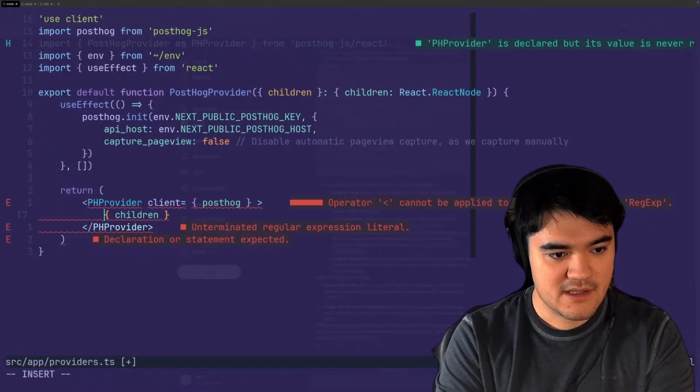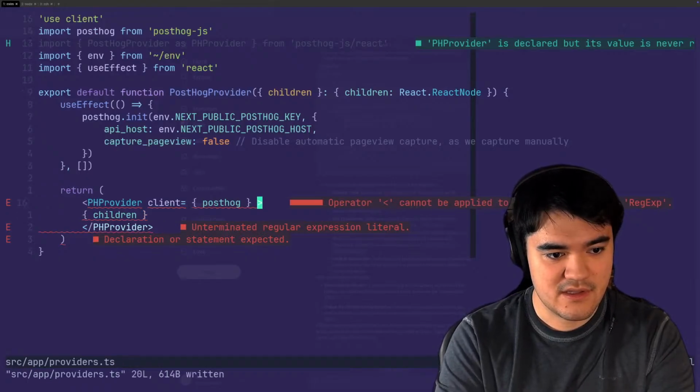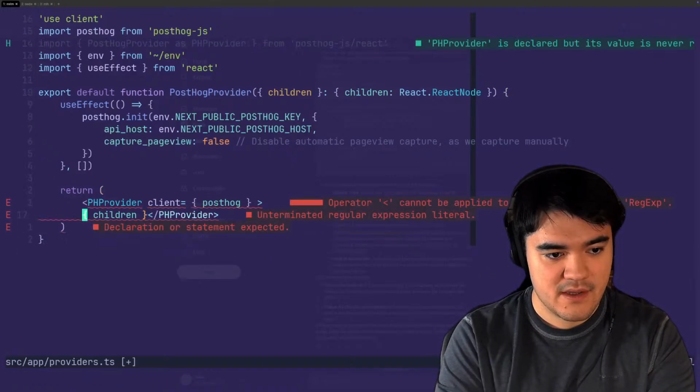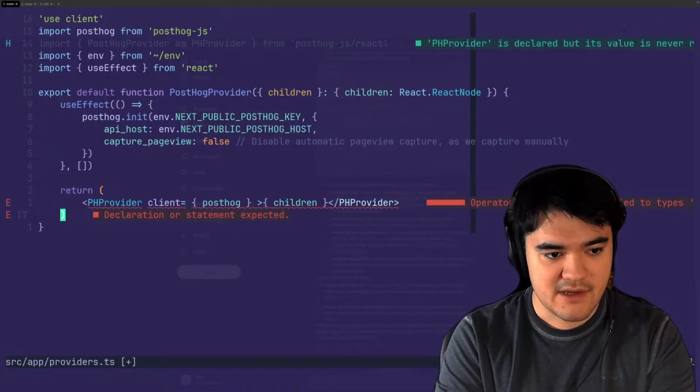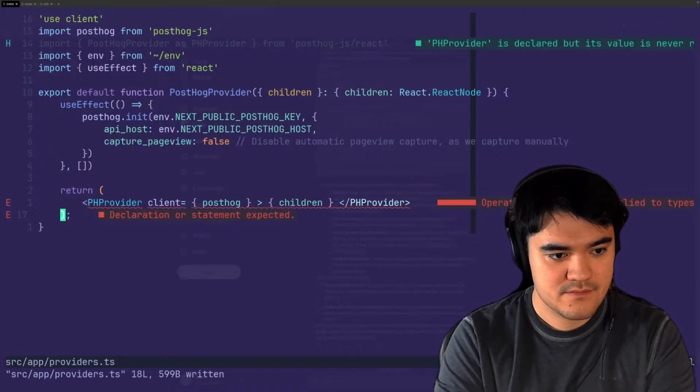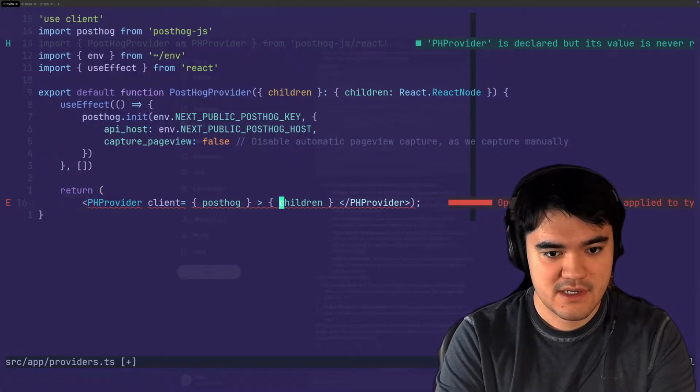So first, it's wholly possible that this is some kind of fake problem that is getting introduced just by the way this is spaced out. Unfortunately, that was not it.